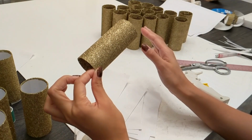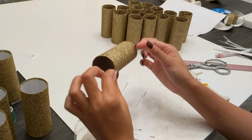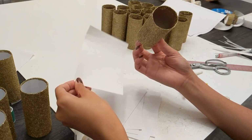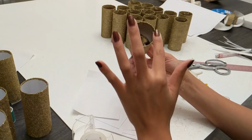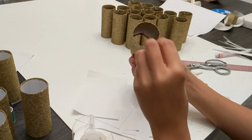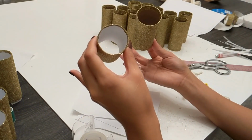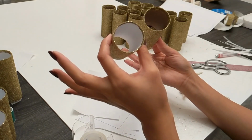Now that we've got all of our tubes covered in our gorgeous gold glitter wrapping paper, we're gonna go ahead and cover the inside with our white printer paper. Now this is definitely optional. You're not really gonna see it because we're gonna be making covers for these holes and you won't see the interior until you're actually flipping open those covers. But this is what we're going for. I really like the look of it. I think it gives it a very clean, polished look and less